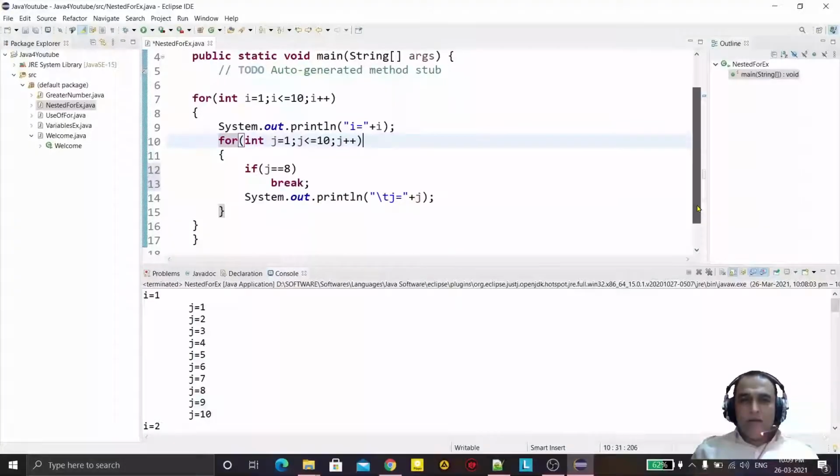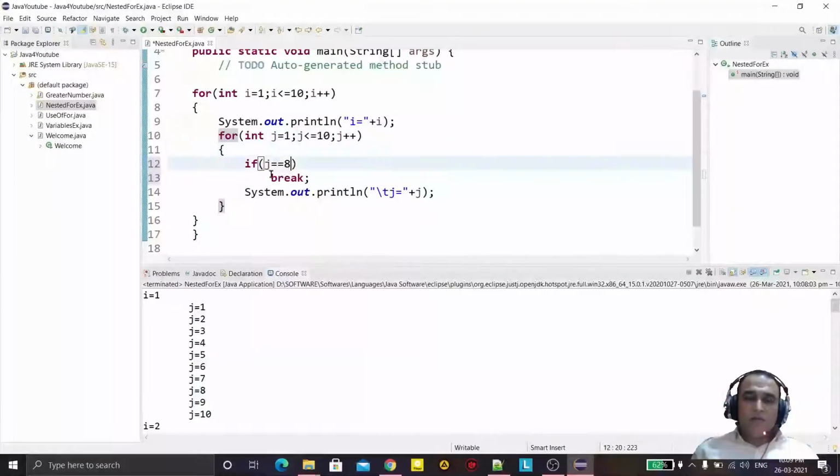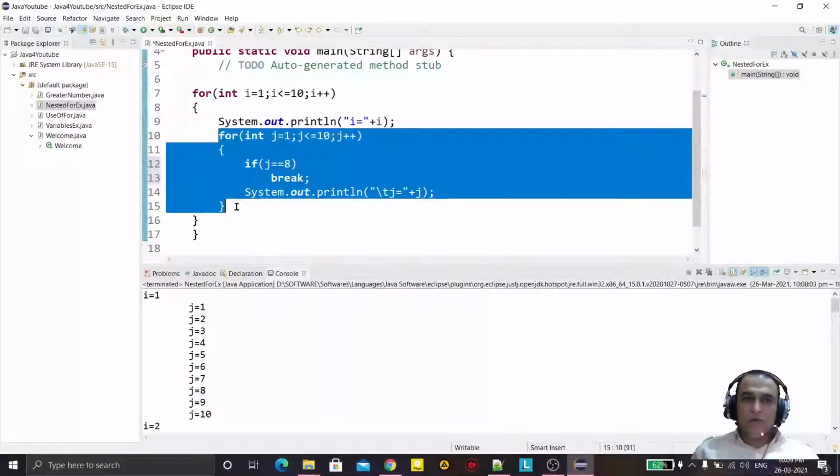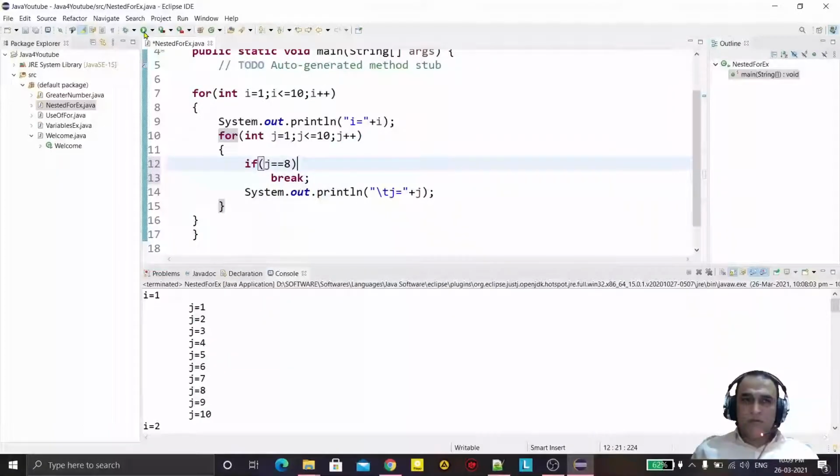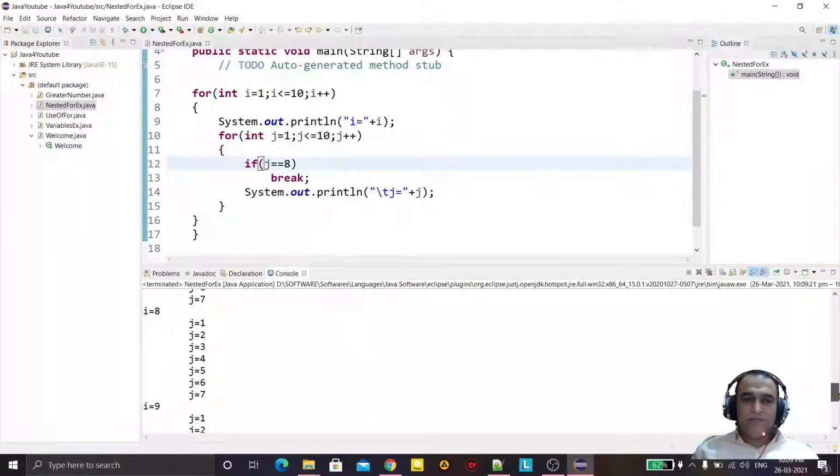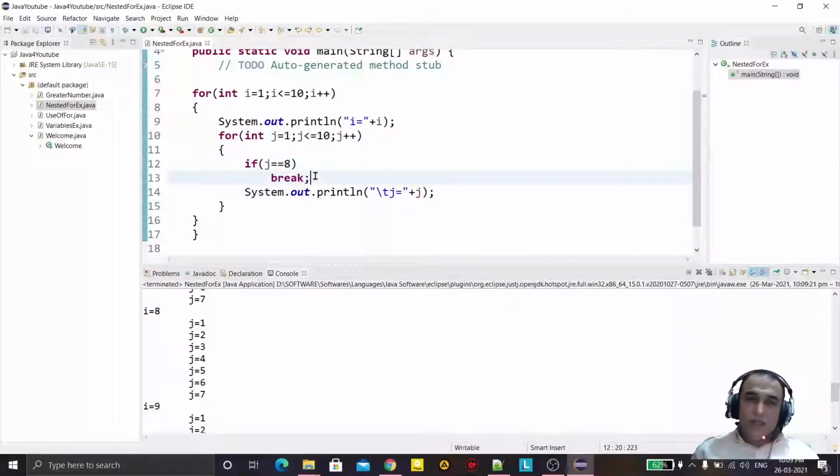That means if the value of j becomes 8, then the loop will exit, this for loop will exit from here. You see the j is 8, so we have only up to 7, we don't have the 8, 9, 10 values of j, but it is not out from the outer loop. It is out from the inner loop only, but the outer loop is working.